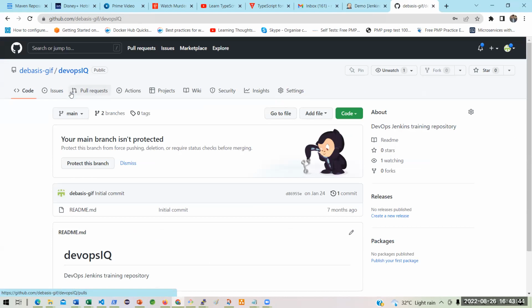Sir, is that in our code or anything in the HTML files? But there are two repositories, right? The repository which is on demo, I will change DevOps IQ. That is the first job. Whenever somebody is putting something,